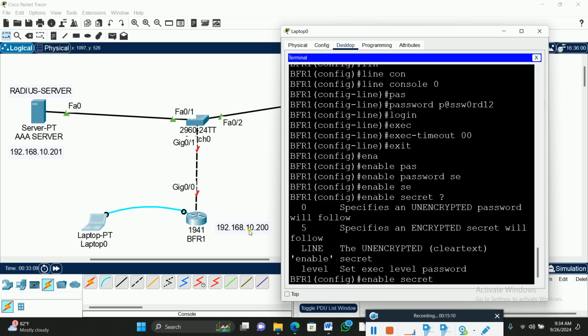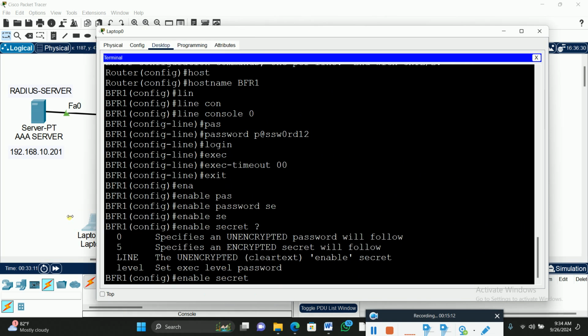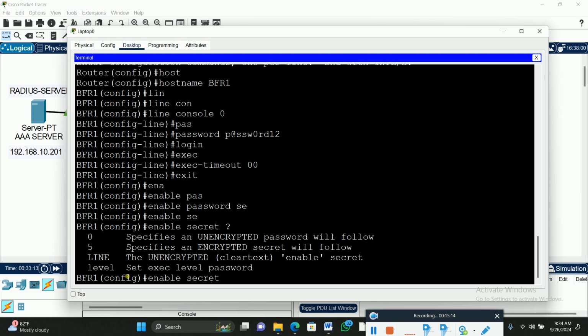When you type the question mark, you can see that we have level, which specifies an encrypted secret, then we have specifies an encrypted password will follow. So we are going to just type the secret one. This one is the clear text on enable secret. So let's put